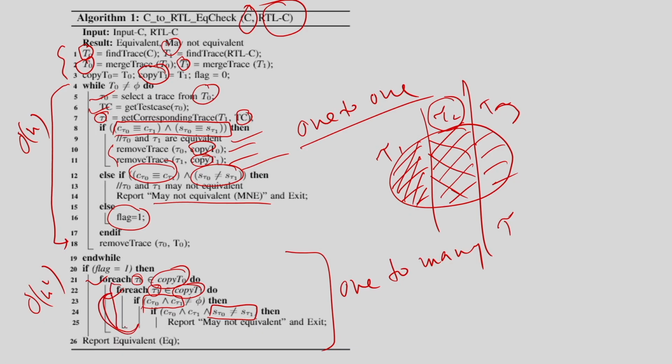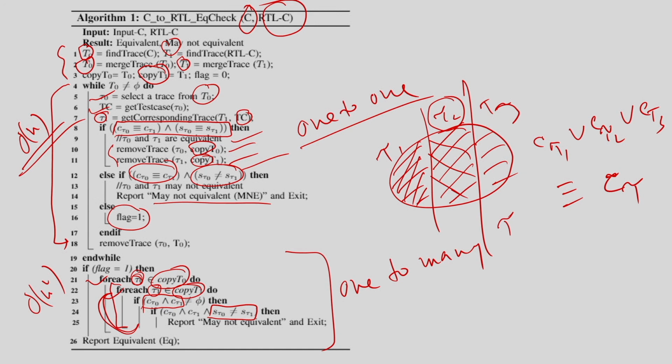So, this way this inner loop will identify, for every trace tau 1, all the traces whose condition is a subset of the condition of tau 1, and since this program is deterministic, the union of C tau 1, C tau 2 and C tau 3 will be equivalent to C tau, right, because this is a deterministic program. So, this way for every trace I will identify a set of traces in the other program whose union will be equivalent to this trace. Okay. Remember that again I am not doing this for all traces, because in most cases the equivalence will be found earlier, and only in very corner cases do I have to do this. So, this is the overall idea, right.